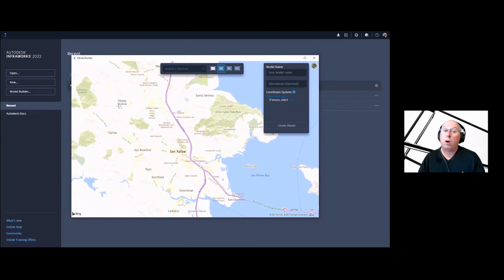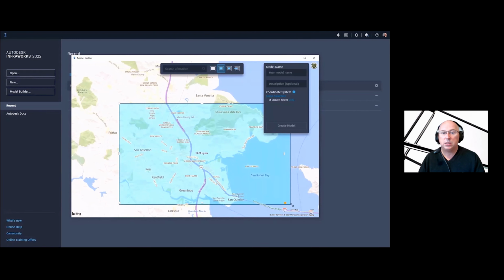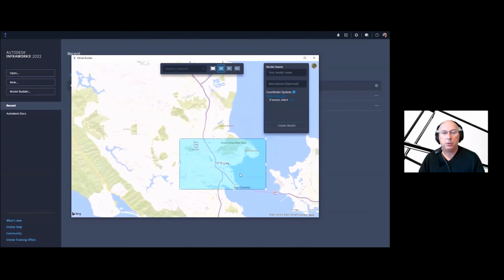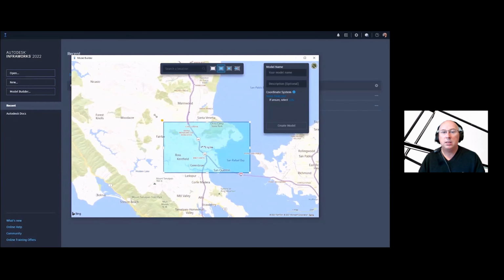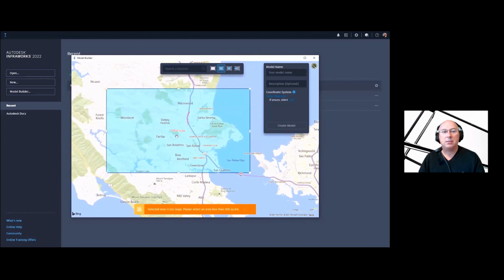Now, I can draw a box. Oh, let me just grab the edge here and I'll move it over. And you can see it says 16 square kilometers. No problem. Make it a little bigger. 50, still no problem. 97. Not an issue. Let's zoom out, make this a little bit bigger till we see where it complains. It's starting to complain now. Here we are. So with that, the box is a little too big. So that's drawing a box.